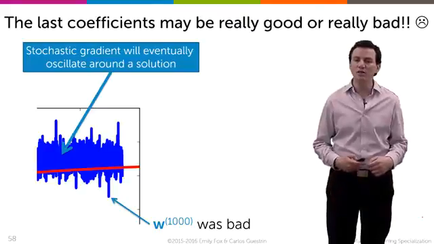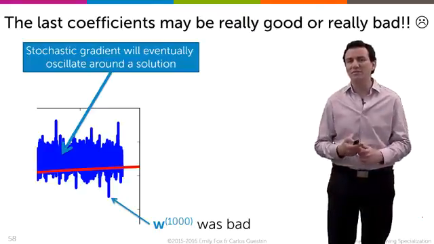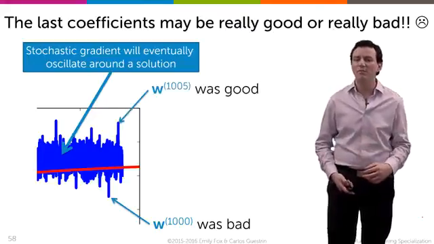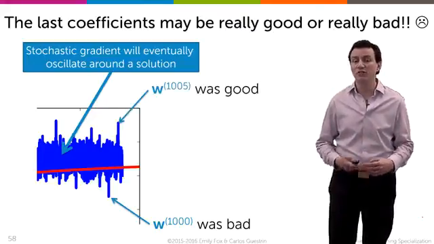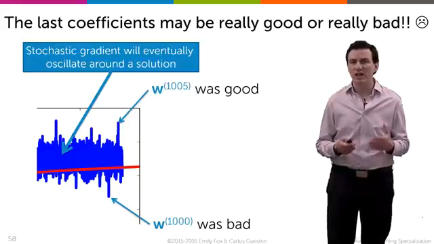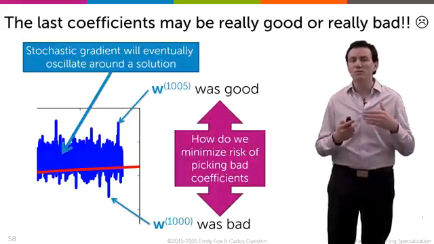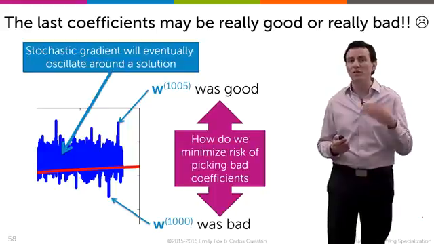So for example here, I'm just giving you some numbers. Say W at iteration 1000 might look really, really bad, but maybe W at iteration 1005 looked really, really good. And you need some kind of approach to minimize the risk of picking a really bad one or a really